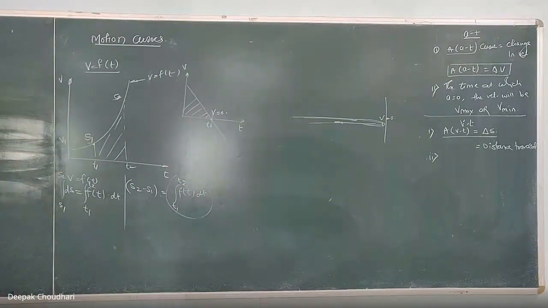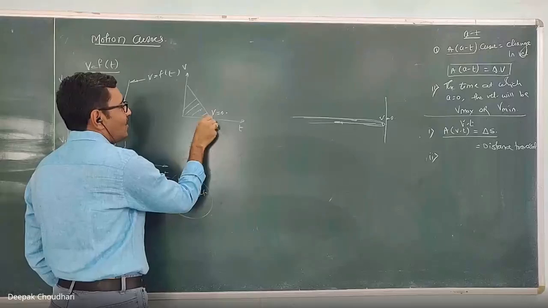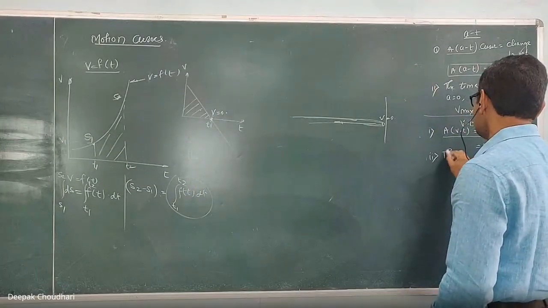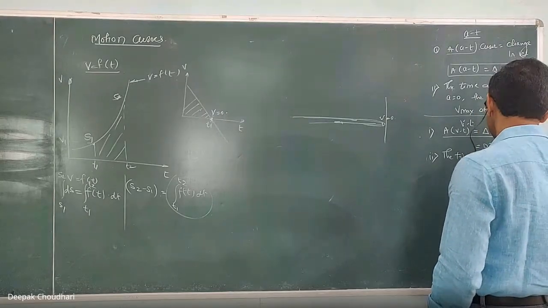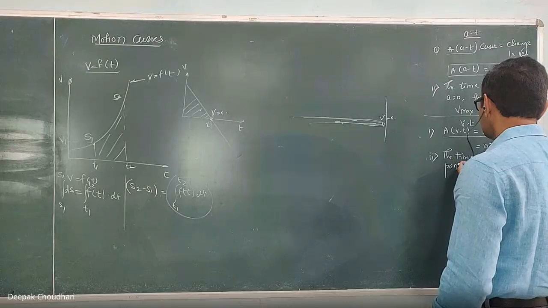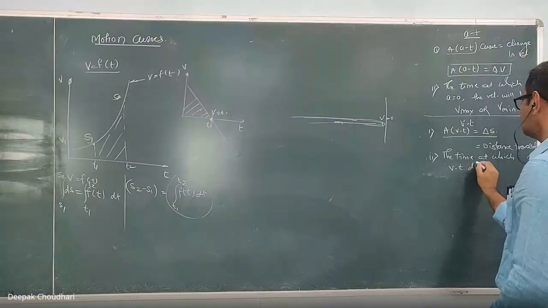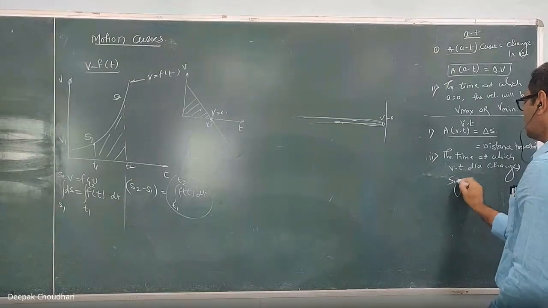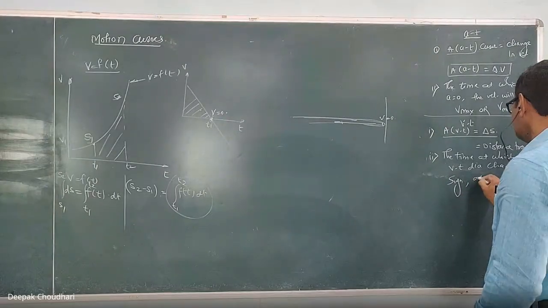Understood? Yes. So the time at which the velocity diagram changes its sign, or the velocity is 0, at that time the particle reverses the direction of motion. The time at which the VT diagram changes sign, at that time